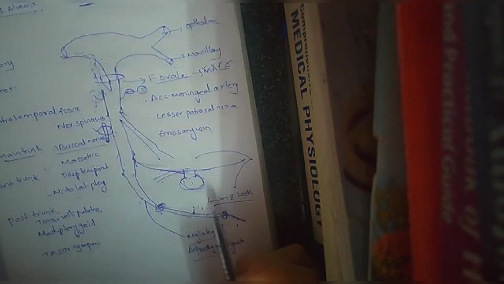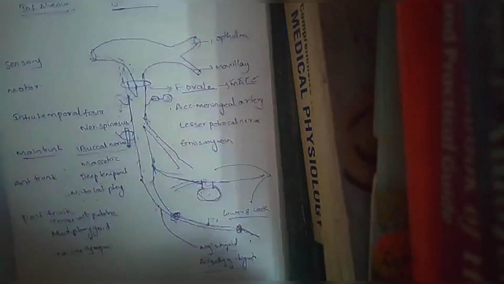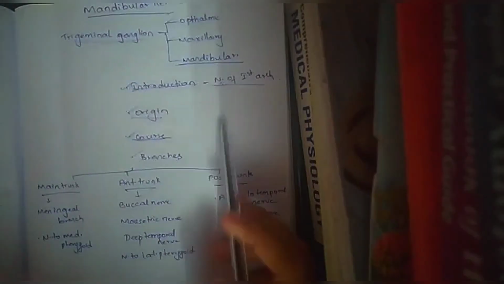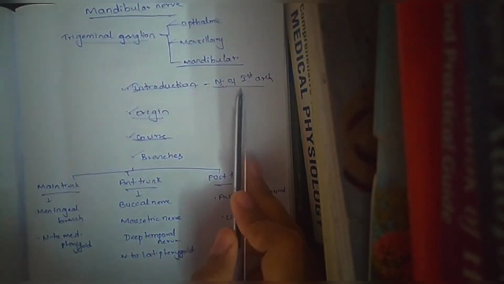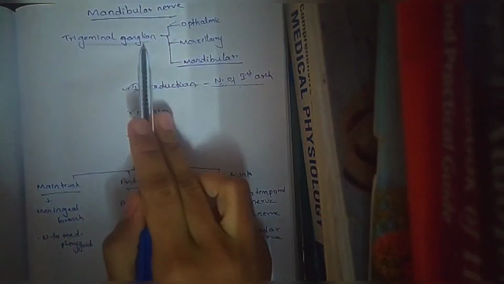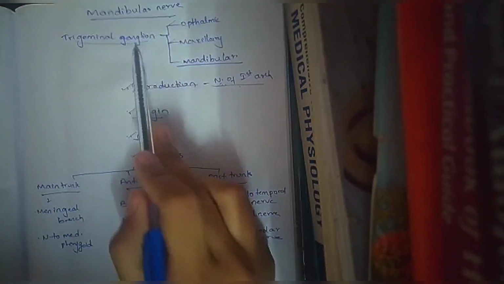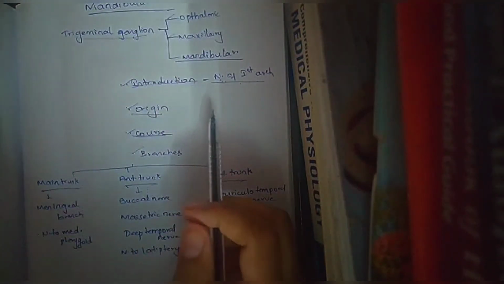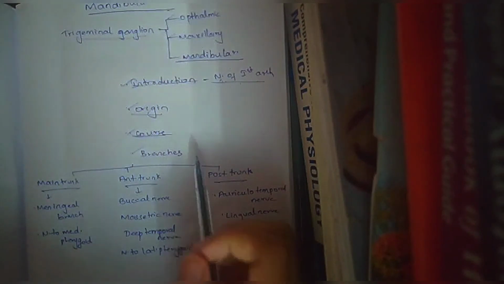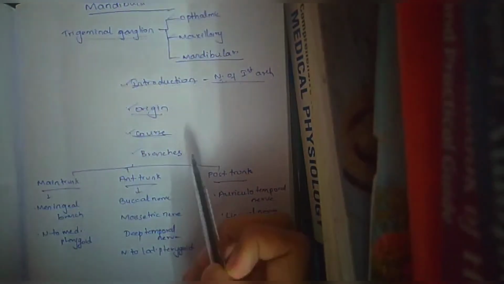And now we can revise the mandibular nerve topic once again. Mandibular nerve is the nerve of the first arch. That means it supplies the structures developed from the first arch. It arises from the trigeminal ganglion via a sensory root and a motor root. Both roots exit the cranial cavity by passing through the foramen ovale, and below the foramen ovale, they unite,